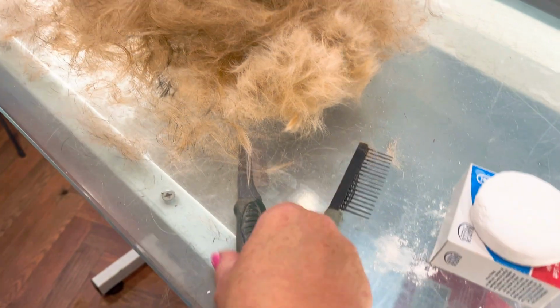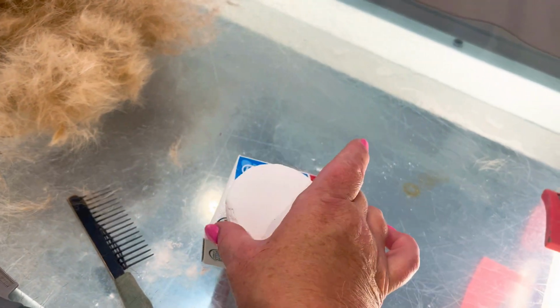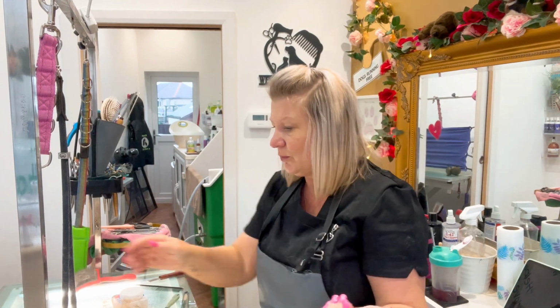So I'm just using a strip knife, my banded comb, and I can't find, I did save another band, but I'm just using my little ones for now. The chalk helps me grip. So she couldn't come for her last one, so